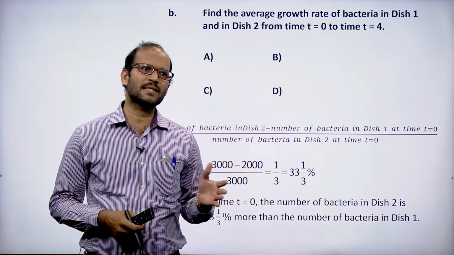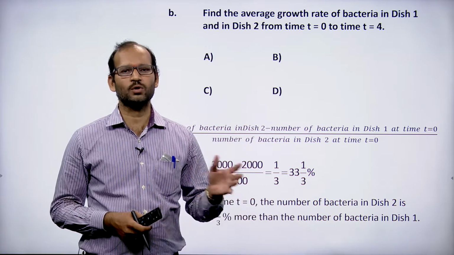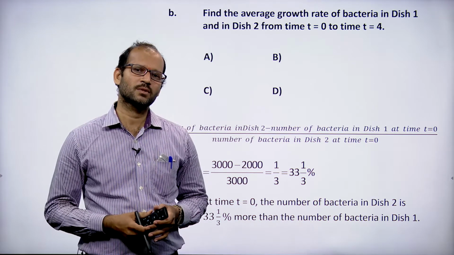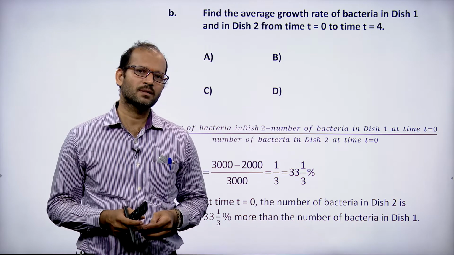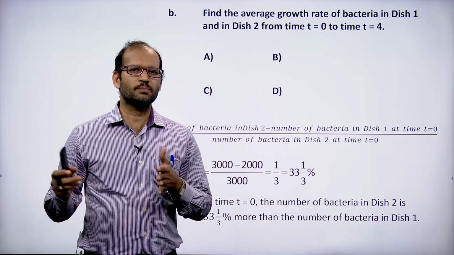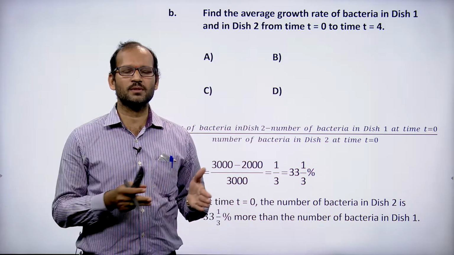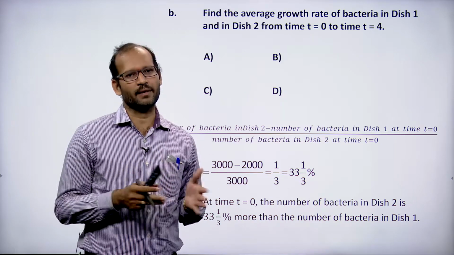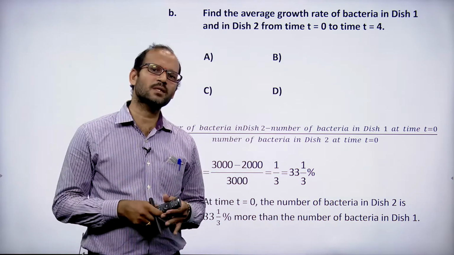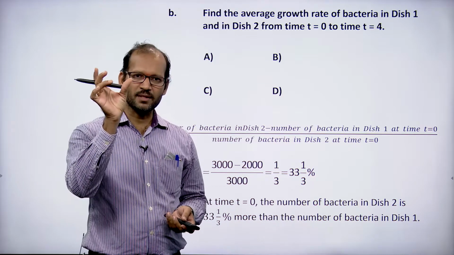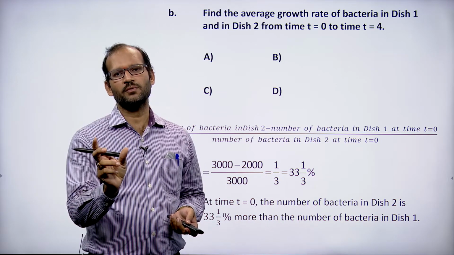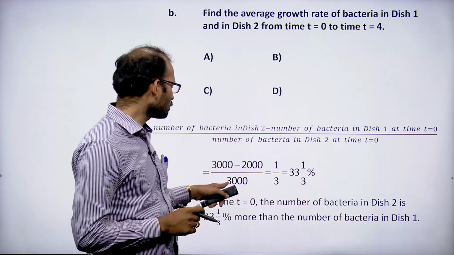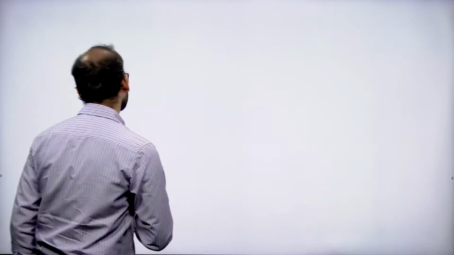So suppose a person's salary is $2000, another person's salary is $3000. Okay, what is the difference between the salaries? $1000. So person B is having $3000, person A is having $2000, the difference is 1000. So $1000 more than A, B is having. So in terms of percent, if you compare, you write the difference by the salary of A. Is it okay? So here also we should not write 3000 in the denominator.